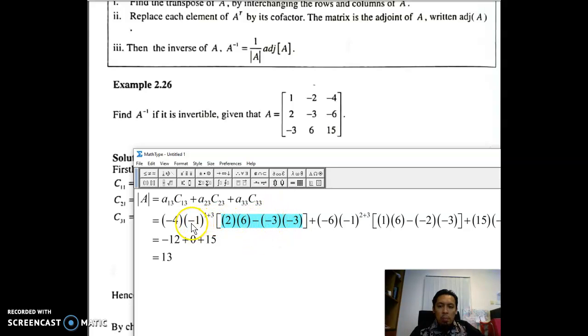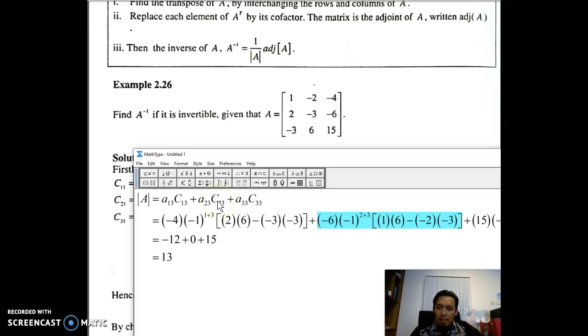And then negative 1 to the power of i plus j, which is 1 plus 3, so negative 1 to the power of 4. All in all, this calculation gives us negative 12. Okay, and the next one is this. This is all the calculation for